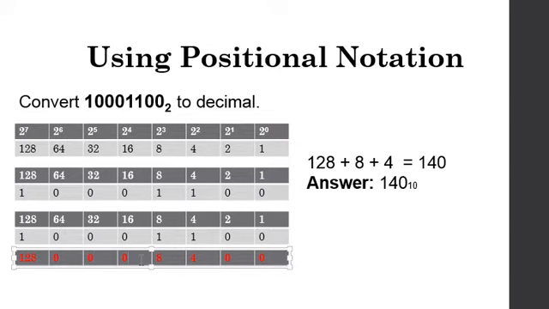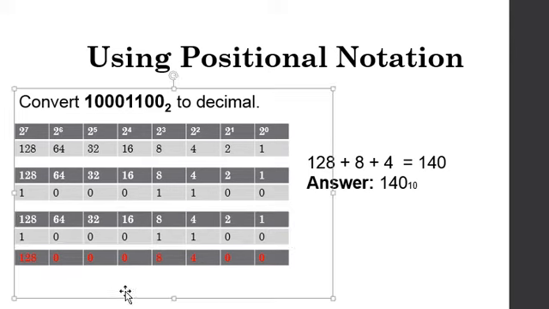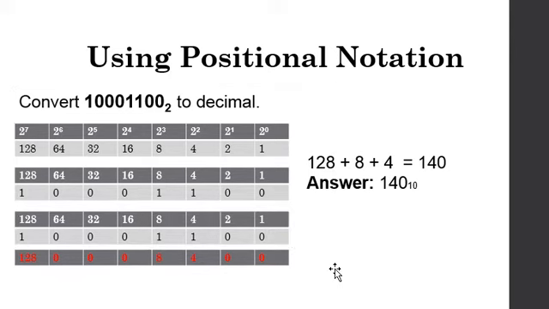By the way, the ones in bold red are actually the answers. 8, 1. We have 1 here, therefore we bring down 8. Same with 4. For 2 and 1, you put 0 because again, they are paired with 0 in this case. So when you bring it down, you just add the numbers that you were able to bring down. I have here 128 plus 8 plus 4. If you add them, that is now equal to